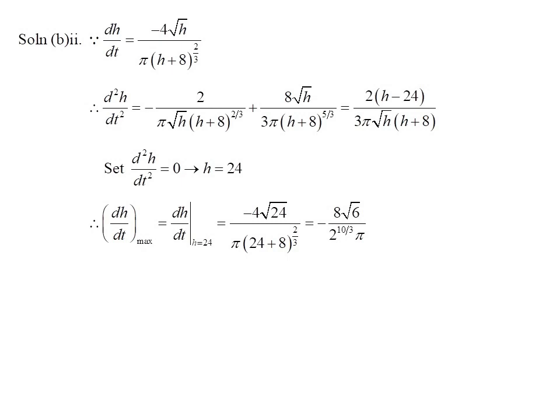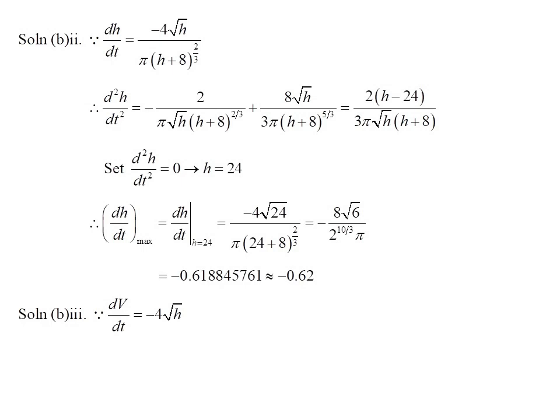Hence, the maximum rate of change of the depth of water equals −4√24 over the product of π and (24 + 8)^(2/3), which is simplified to −8√6 over the product of 2^(10/3) π, which is approximately equal to −0.62. In section 3 of part B, since h equals 50 centimeters and dV/dt equals −4√h,